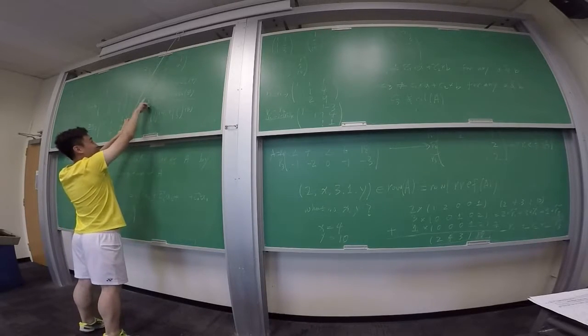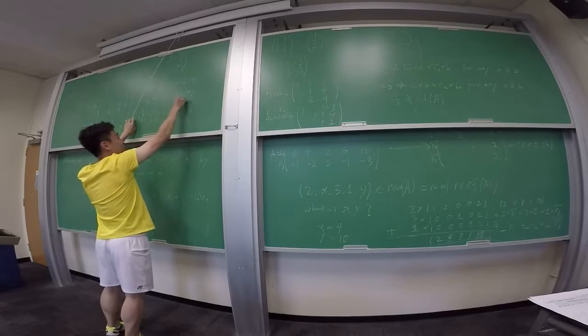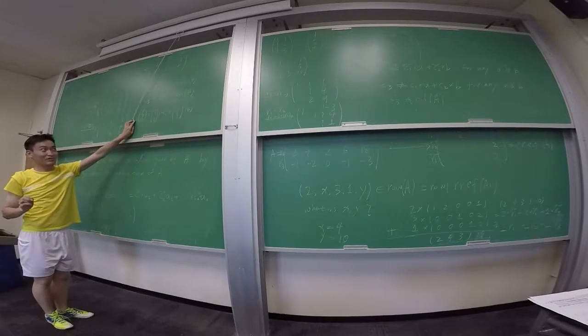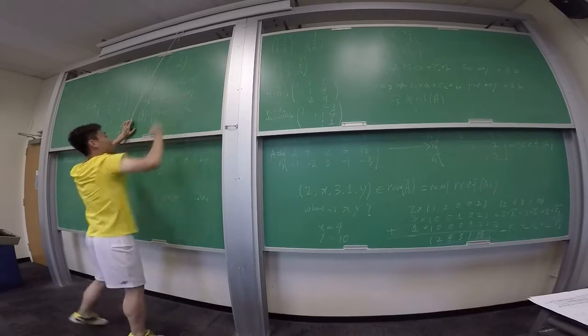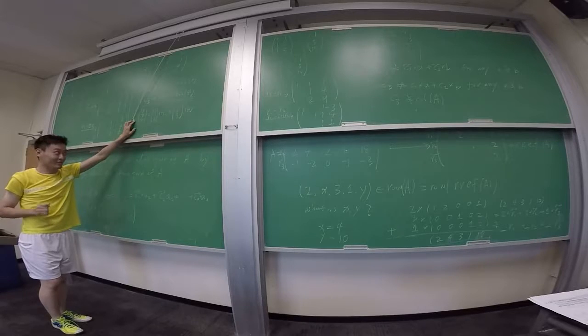You not only know that this vector is in the column space of A, but you also know the coefficient right over here. So that makes everything pretty clear. So you know the coefficient over here, and you know the coefficient over here. What is the disadvantage? The disadvantage is that